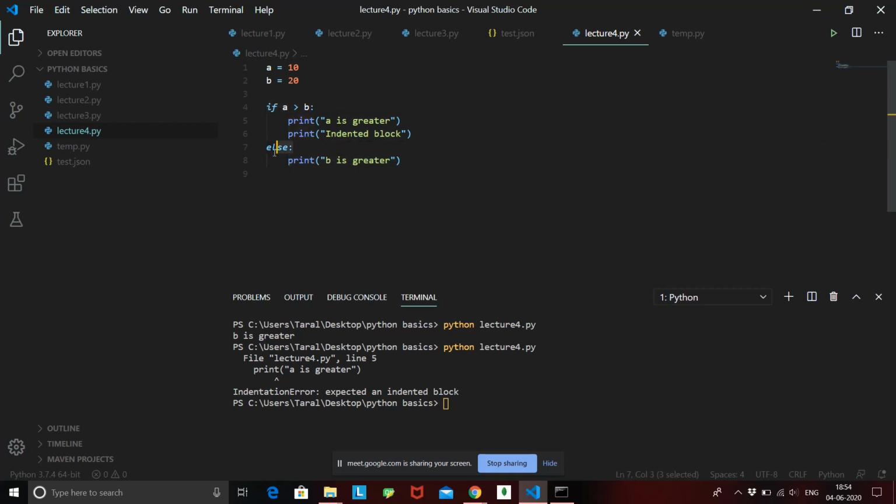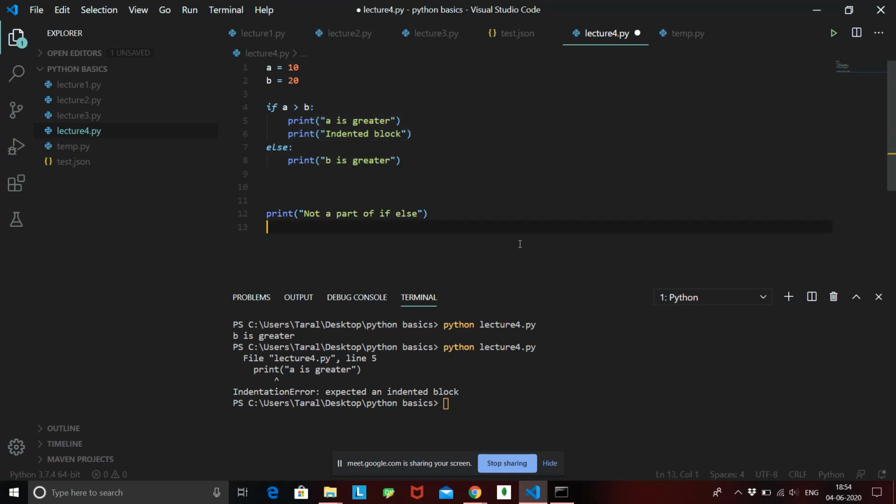So what's happening is now both these statements are inside this if line, and only this statement is inside this else. And now if I want to close the scope of this else part, what I'll do is I'll not write it inside this indentation. I'll just go back, and if I print, I'll say not a part of if else. Okay, so this print statement is not a part of this block. Why? Because it is not indented, it is inside the regular indentation block, that is from the first line.